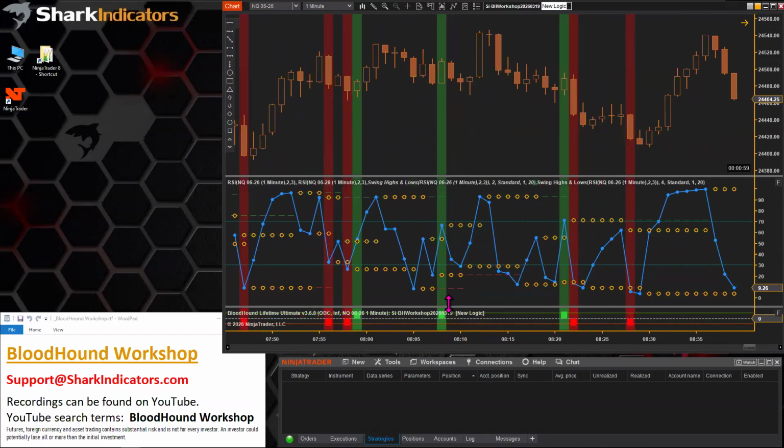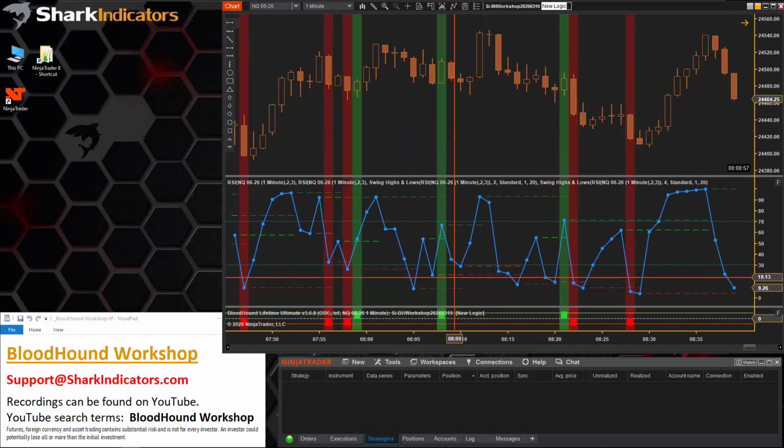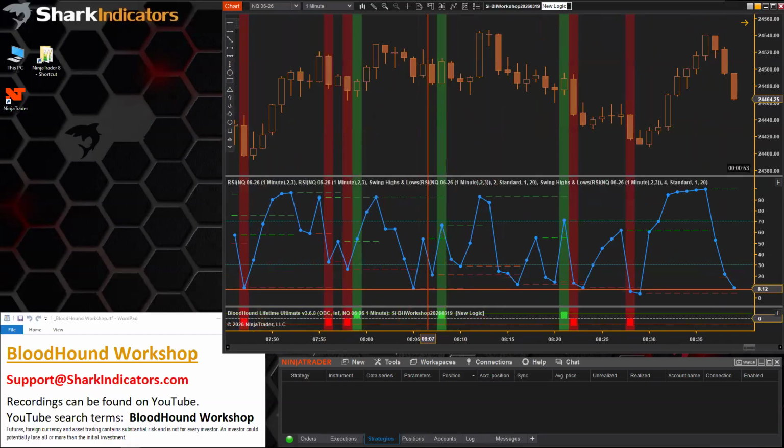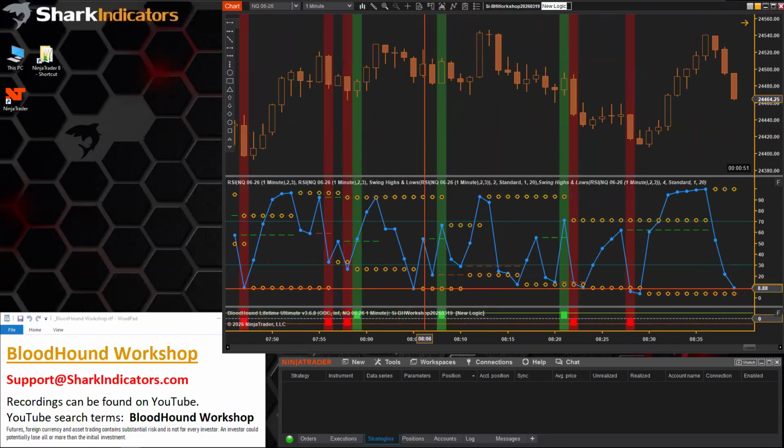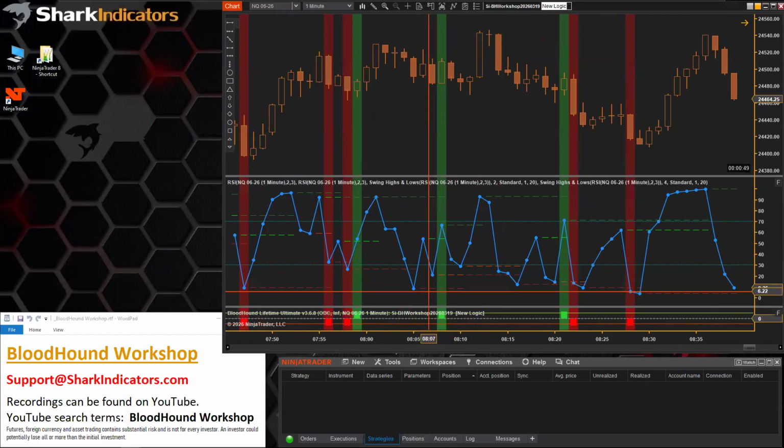There we go. So we can see the brighter red line there, right? So now what if we wanted to reach back to the darker red line, which is going one swing point further back there.